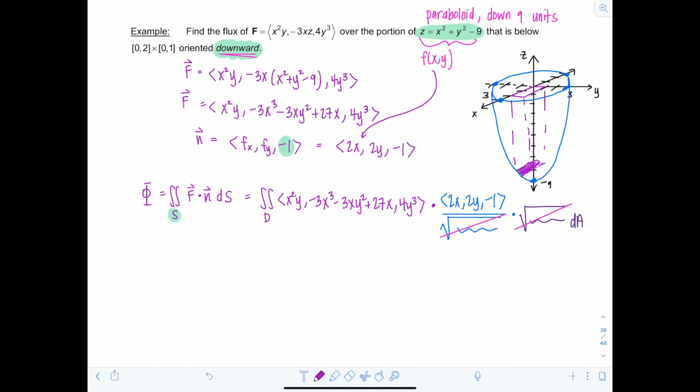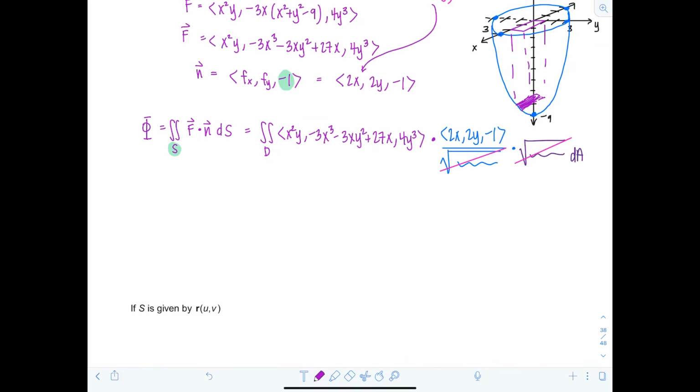Okay, cool. Now we're integrating over a nice little relaxing rectangle in the xy plane. All the limits are going to be constant, so just set it up however your heart desires. Let's do limits for x on the outside, then limits for y. Now you're going to take this little dot product here. So x squared y times 2x, that's going to be 2x cubed y. Move on to the next term, minus 6x cubed y minus 6xy cubed